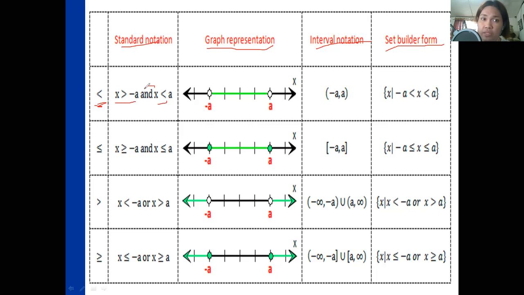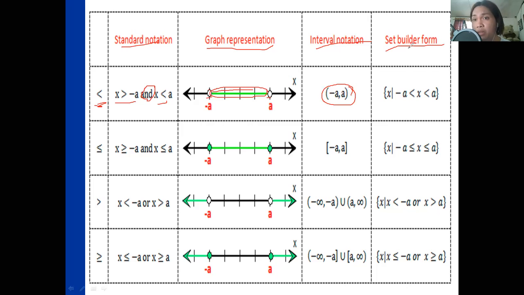And then always remember, please be observant about the preposition that we use. That means, okay, open circle, as you can see, and it's greater than negative a, so it's going here and also here. So this is the solution set where negative a and b are not included. So you can rewrite it in this form in interval notation.